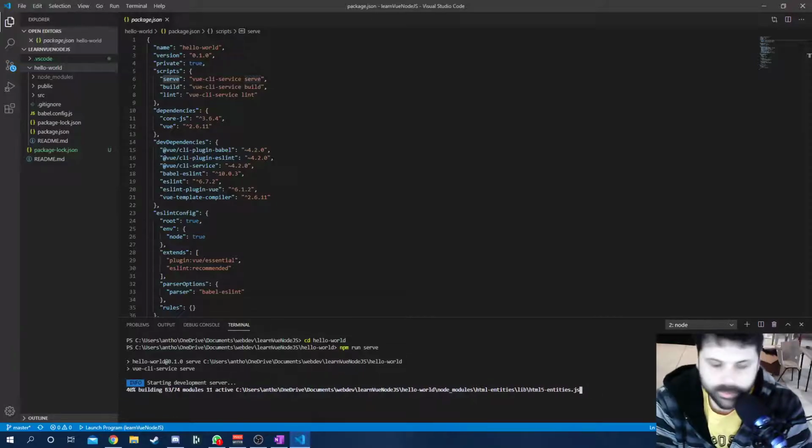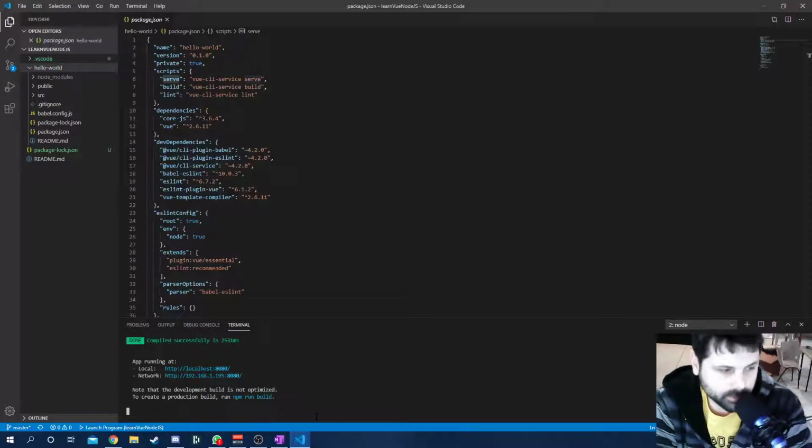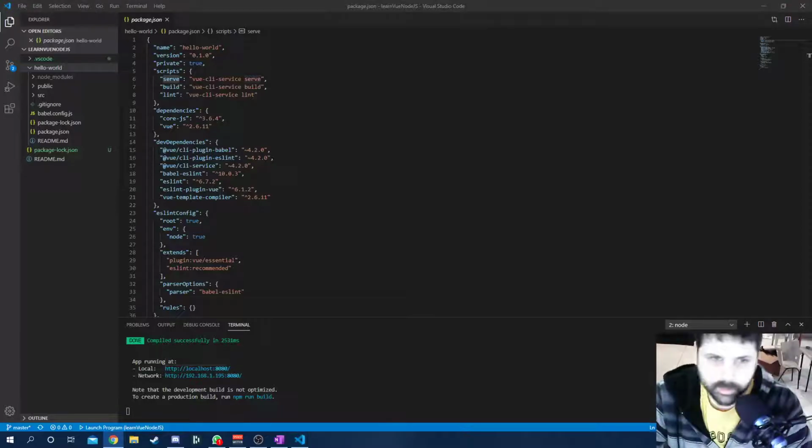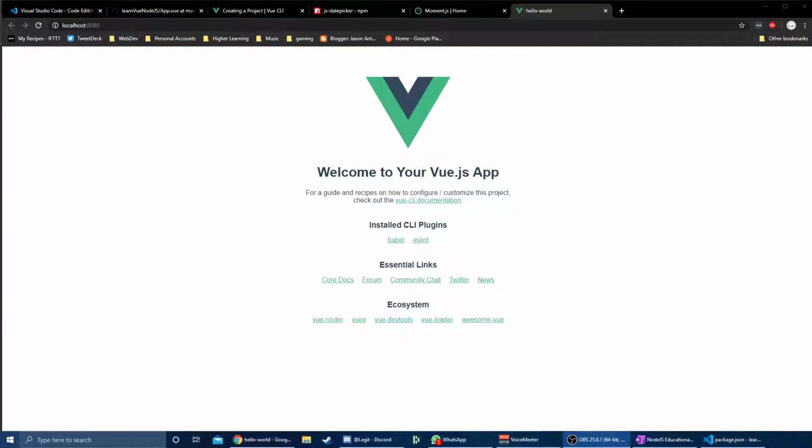Okay, so now this is going to start a web server on our local machine. And you'll see right here, it's telling us where this is running. It's running on localhost, port 8080, and network. If someone else on another computer wanted to see your super cool website, they could go to this address, which is my IP address on my local network. So I'm going to follow link by holding Control click, or I could have copy and pasted that. And we'll go over to the